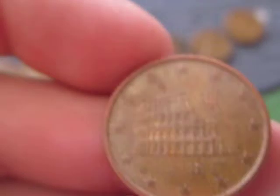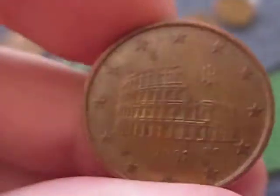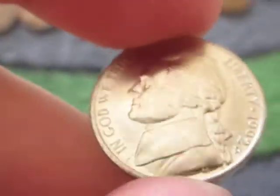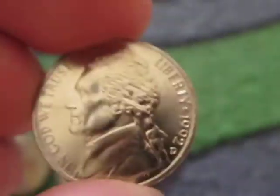I don't know what country this is from. Might be like Greece or something. I figured it's Greece because that's the Colosseum. So that's cool. I got a nice uncirculated, very nice uncirculated, probably more like an MS64, might even be